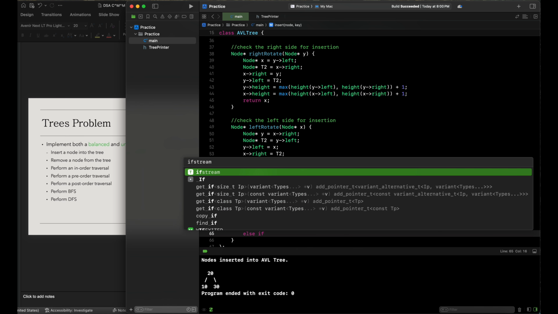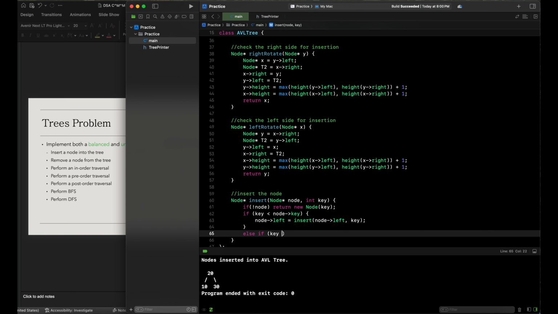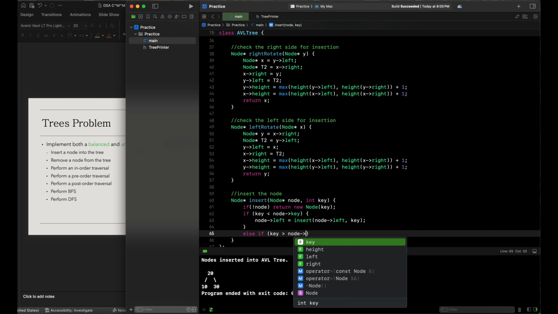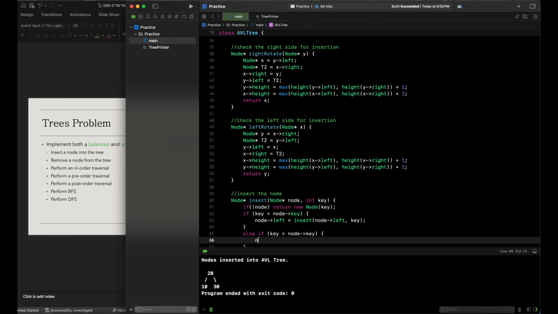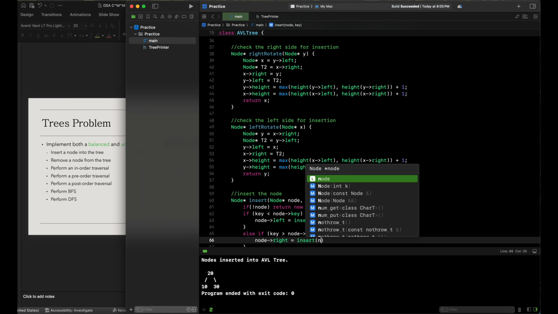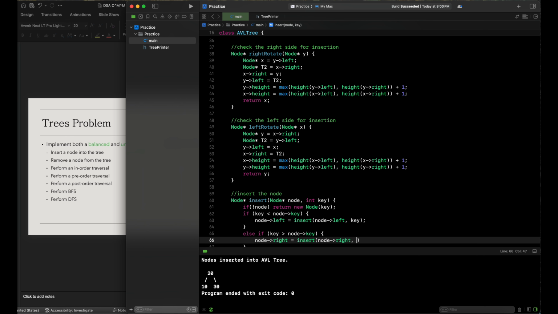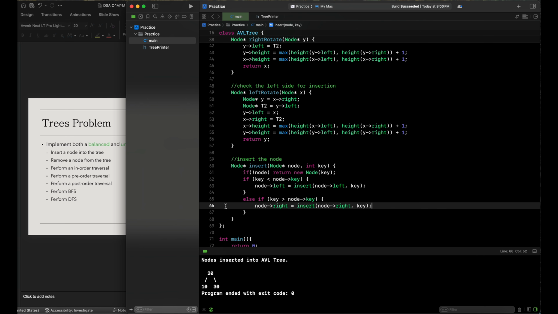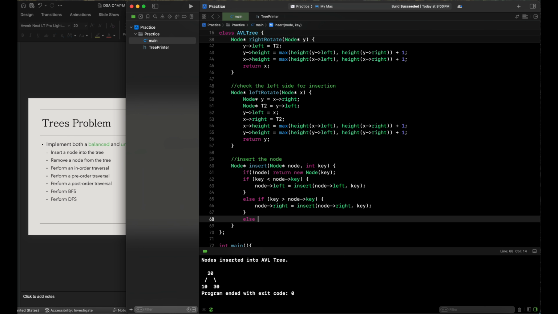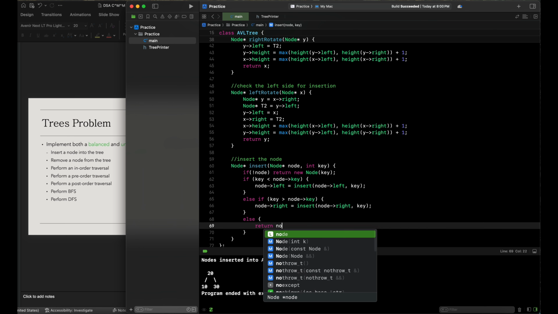Else if the key is greater than the node key, that means we will go to the right and insert the node at the right with the respective key as well. And otherwise, in our base case, we will return node